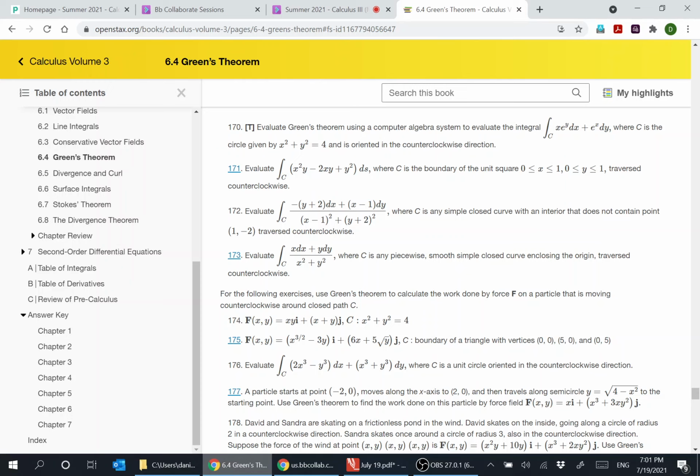Traverse counterclockwise. It's not 2 pi, it's 0. Do they mean to switch these? If it was y dx plus x dy, then